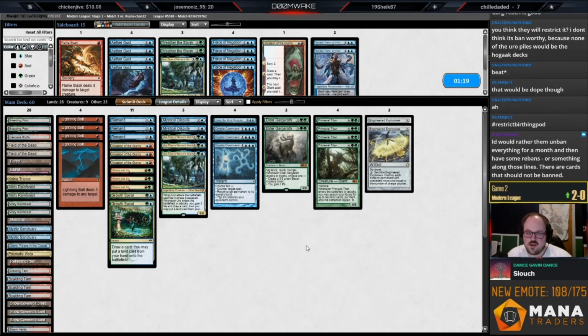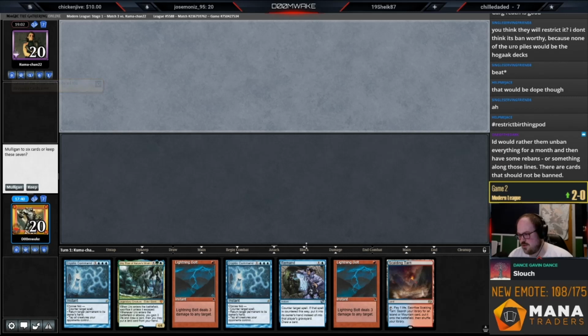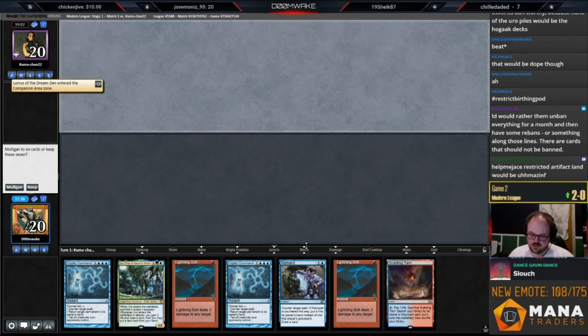Restrict Birthing Pod. The problem with restricting in a format outside of Vintage is when your opponent draws the one of it, there are just such feels-bad moments, and that's why they don't do things like that. It's okay in Vintage because people have just kind of accepted that that's how it works. In Vintage, every card is legal outside of Ante, but